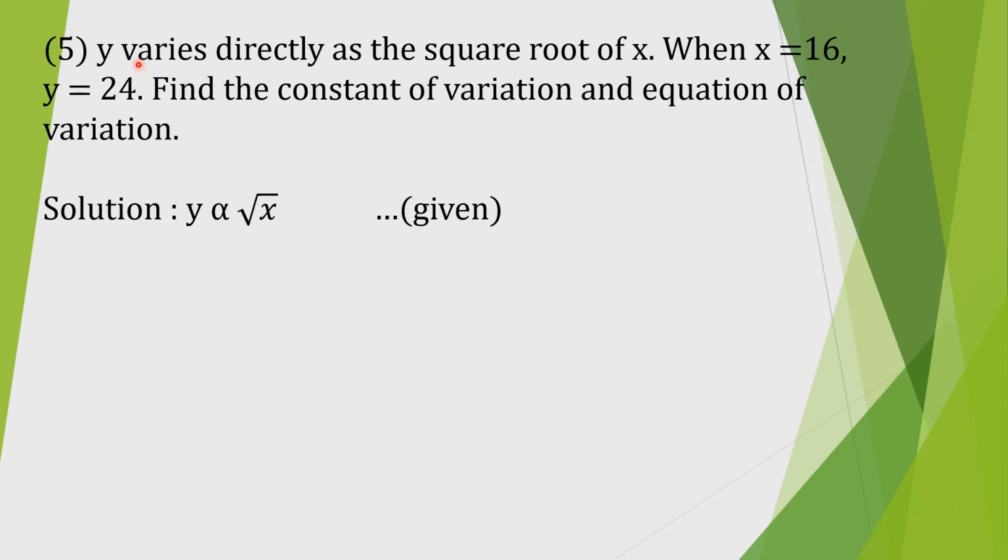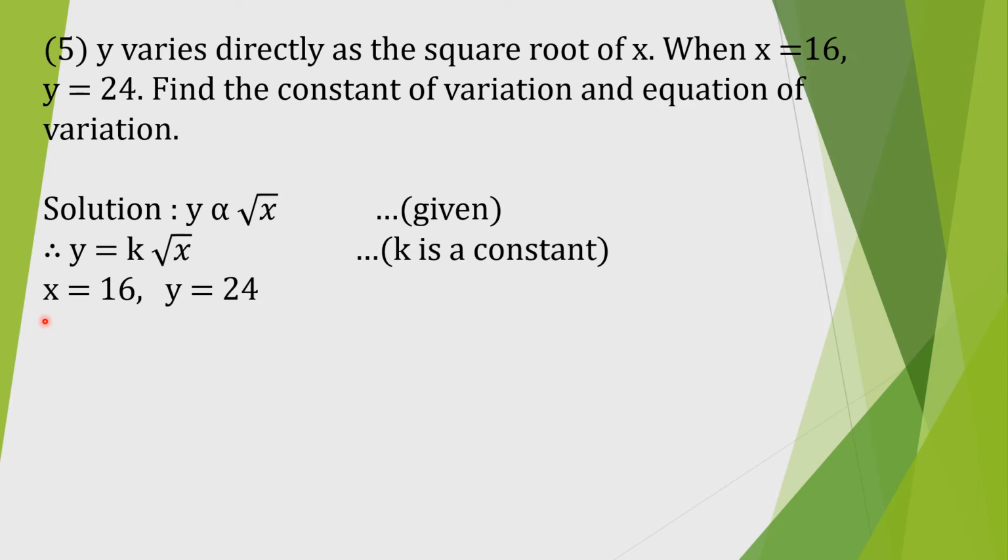So first it is given y varies directly as square root of x. So we'll write down in symbolic manner y varies square root of x, given part. Now we'll replace this varies sign by equal to. So it will become y equal to k under root, that is square root x. K is constant. This is also the equation of variation. This is known as equation. But we will first find out the value of k, then we'll write down the equation of variation.